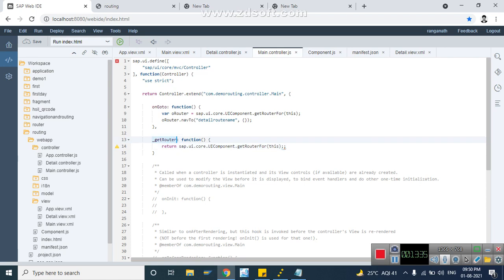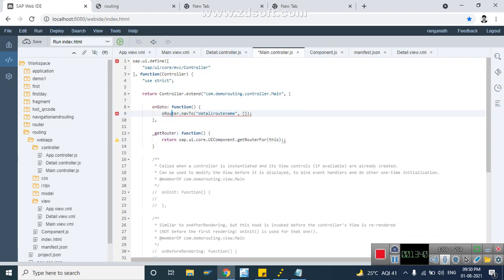So instead of calling this routing configuration each and every time, now I'll simply call this reusable method. Understood? So when I say this dot getRouter, this getRouter method will return the routing configuration, and with the help of the routing configuration we will navigate to the required destination view through the navTo method.